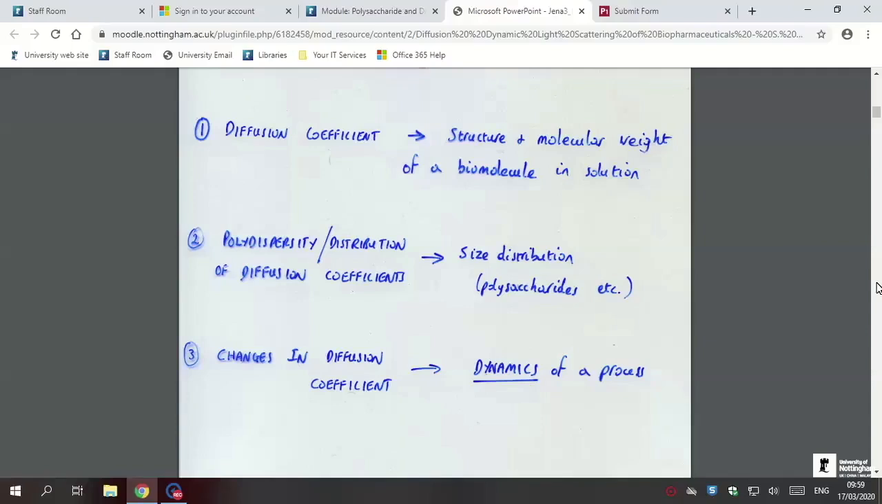Obviously, if anyone's going to use this technique for researching these dangerous bugs, then there's all sorts of restrictions and requirements, you have to get all hooded up and all this sort of stuff. But you could use this technique of diffusion measurement with dynamic light scattering, looking at corona. In fact, we use it a lot for looking at the